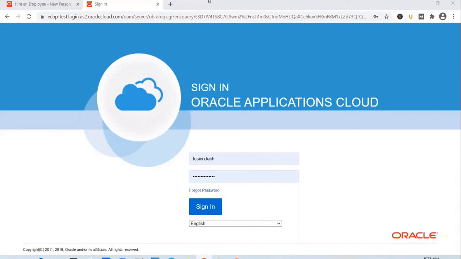SSO is a completely different subject. It has got nothing to do with the topic that we discussed today. If you go to the security section, there will be an enable single sign-on option, and enabling single sign-on is none of our business. There will be an IDCS consultant, and it will be his full-time job and bread and butter to enable SSO in different applications. So we've got nothing to do with SSO. To enable it, you will have an IDCS consultant working for probably a couple of months alongside you, and they will be doing this from the security console section.